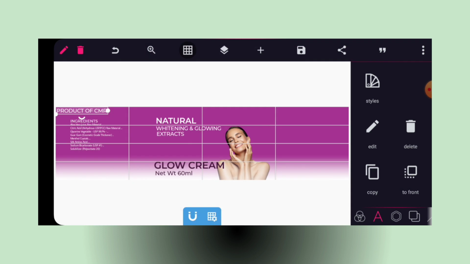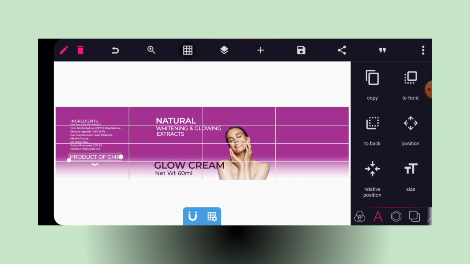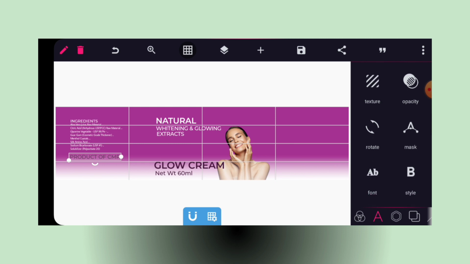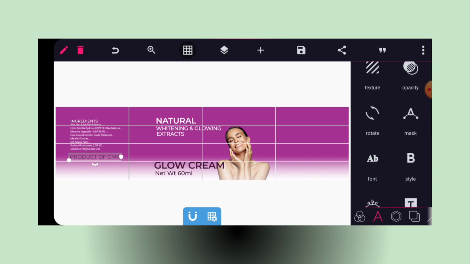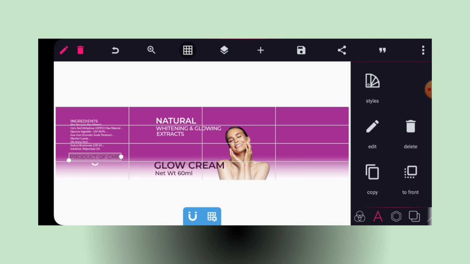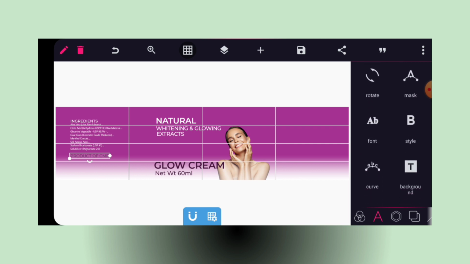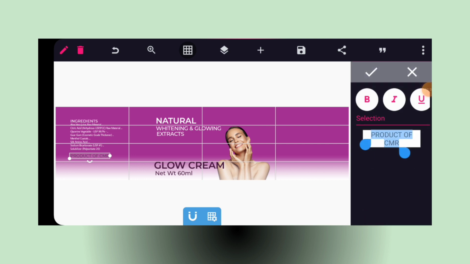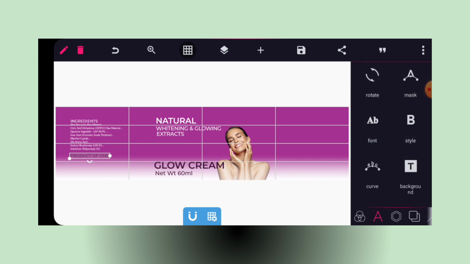I'm just going to make this in capital letters. Then I bring it down here, and I'm going to use the dark purple color, and let's reduce the size of it. Go to your size, so I'm reducing the size a bit. Then go to style, click on style here and bold it up. Good. So after bolding it up,